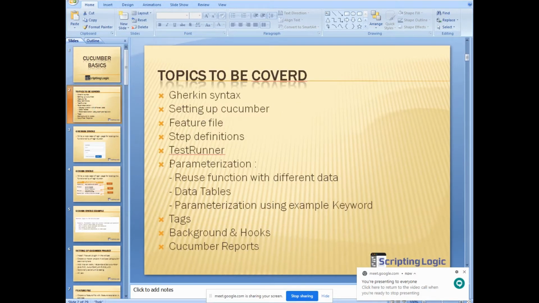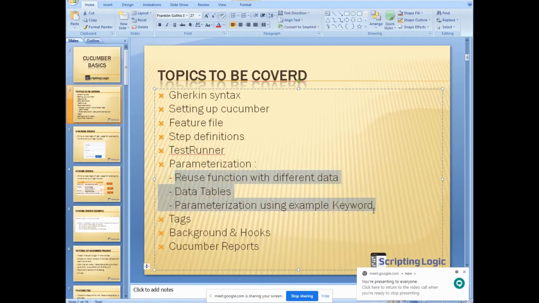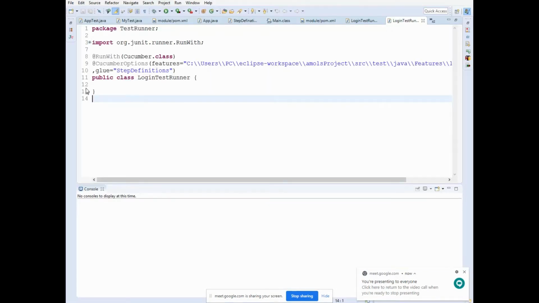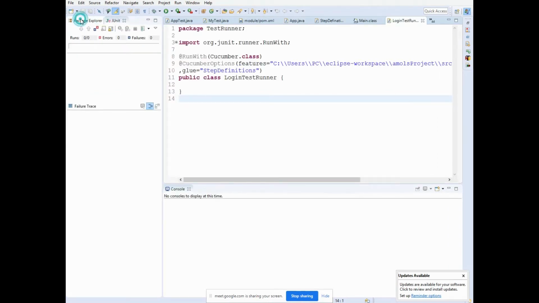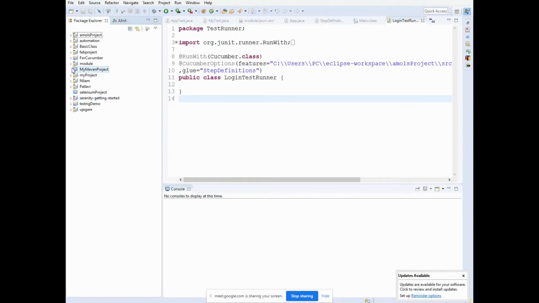Okay, so last time we have seen these three types of parameterization. So now what actually happens is that you go on writing so many property files, but sometimes you need to execute only a few scenarios, right?